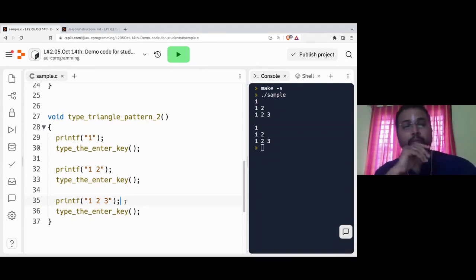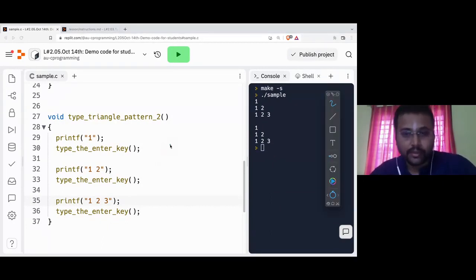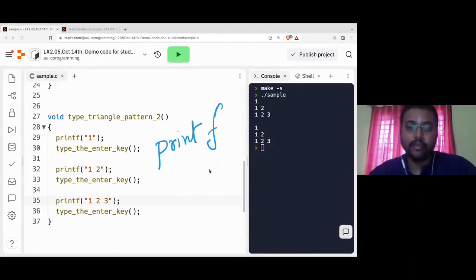Any questions before I move on? So just now what I did is instead of type the sentence, I replaced it with printf. There is something called printf. But printf has many things. If you carefully observe the name itself, print F. This F stands for